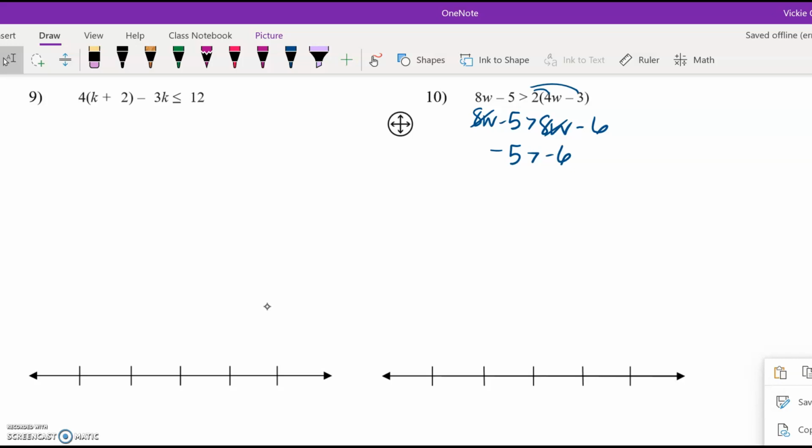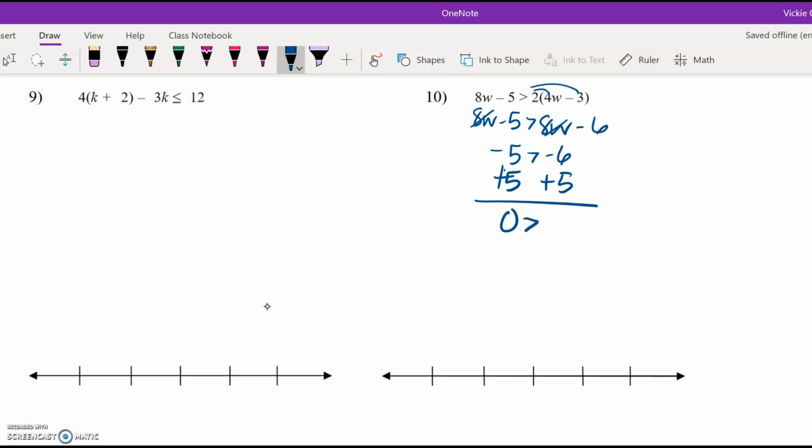Let's see, wait, what do I have here? Negative 6. 8w, my 8w minus 5 is greater than negative 6. And now I need to get, let's move this to this side. So we have 0 is greater than negative 1. 0 is greater than negative 1. But we don't have anything